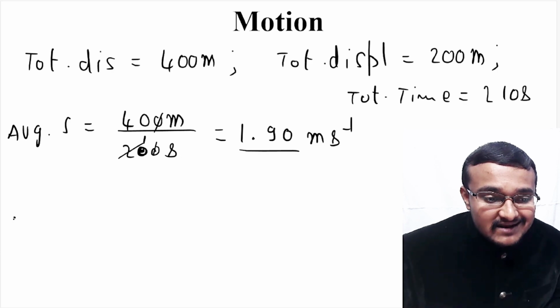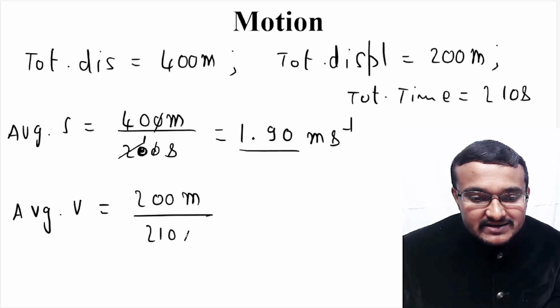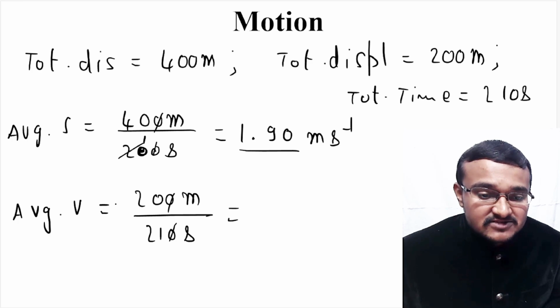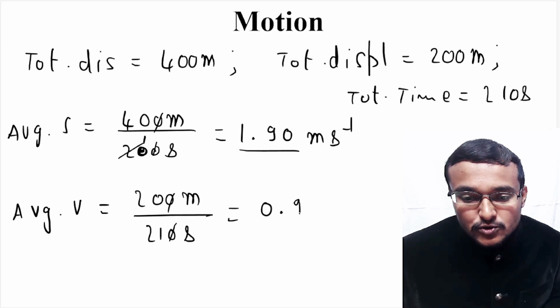So now if you want to calculate average velocity, 200 meter divided by 210 seconds will be there. So here 0 gets cancelled. So 20 divided by 21 is there. So when you calculate average velocity, it will be 20 by 21. So when you calculate 20 by 21, it will be equal to